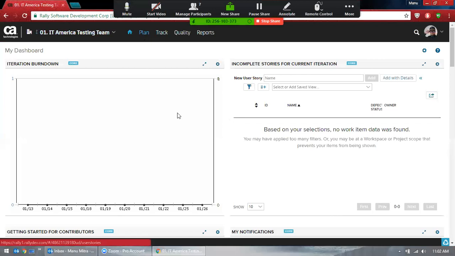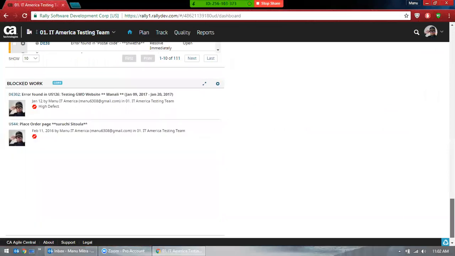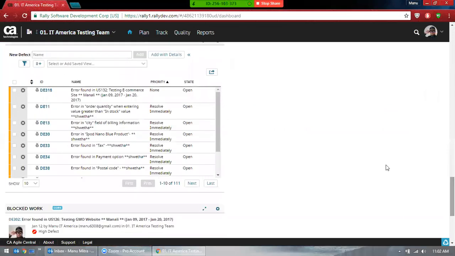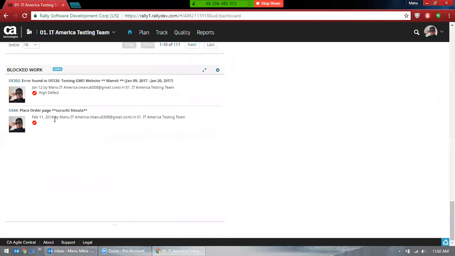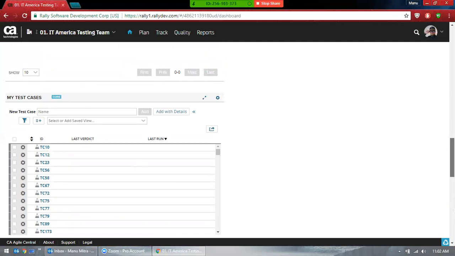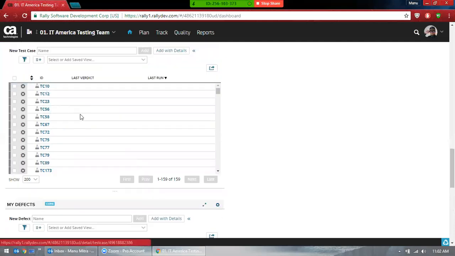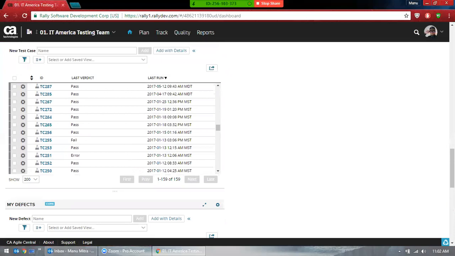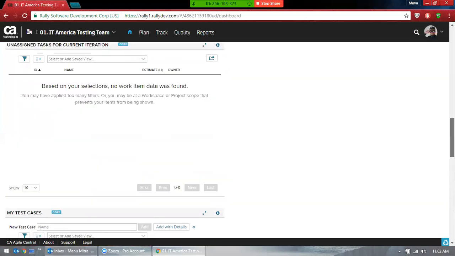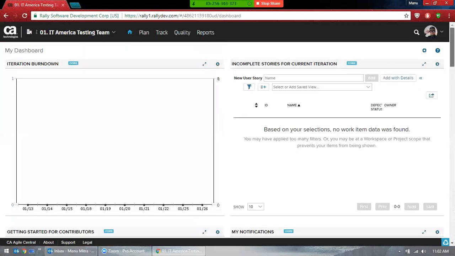Now you get this dashboard. This dashboard is good, because let's say your boss has assigned some work to you, you get to see it here right away. Let's say somebody blocks something, I see this right away. Oh, somebody has blocked my work. Okay, let me check it out. That's how the dashboard is useful. And if somebody gives you work, it all shows up. So that's the reason you have this kind of dashboard. Here it doesn't show much, so don't worry about it.